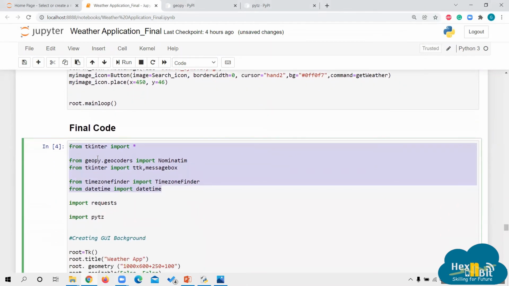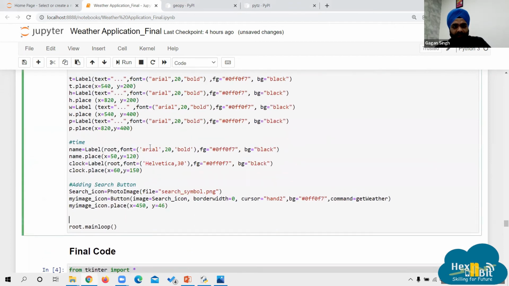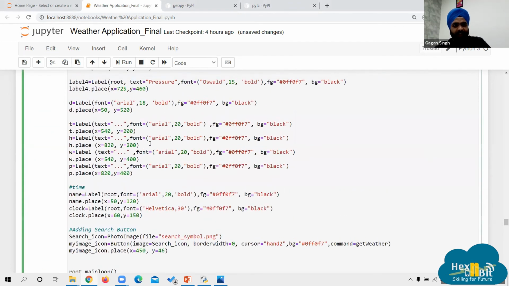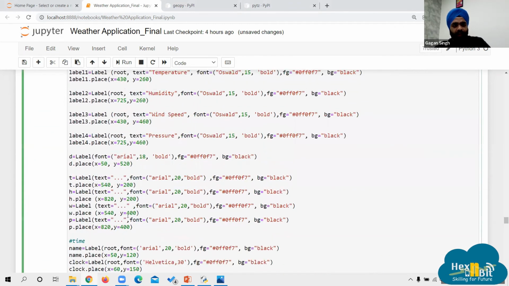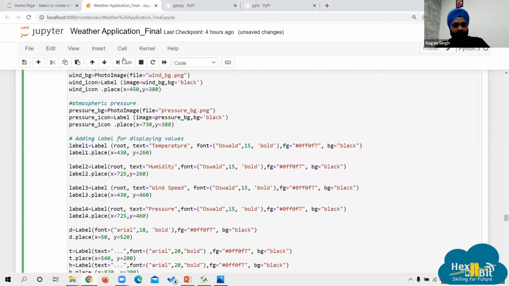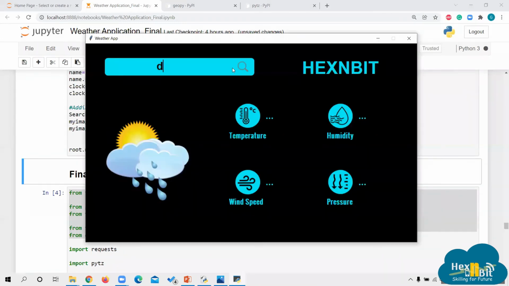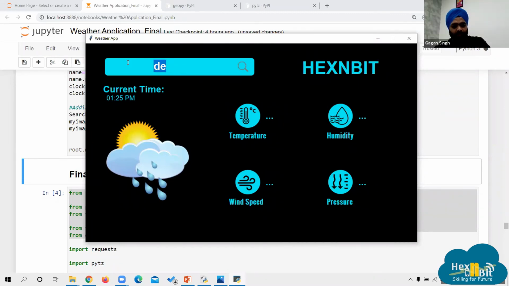Sir, how does it show if we search the wrong city? That will be handled because of this exception block we have added, this messagebox showerror. Let me just rerun it. Let me write down some garbage here.